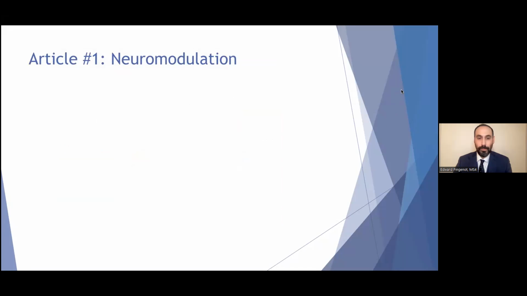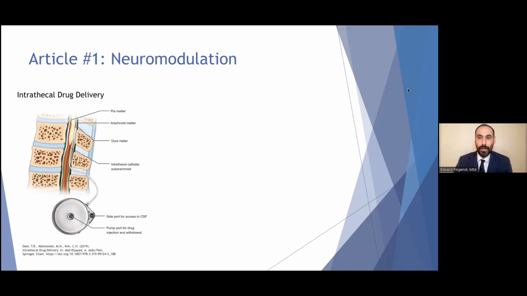So let's talk about neuromodulation. Neuromodulation is an umbrella term that involves a couple of therapies that we'll be talking about this evening. Intrathecal drug delivery systems, or IDDS, generally involves a catheter implanted into the intrathecal space to allow opioids or adjunctive medications to infiltrate directly into the